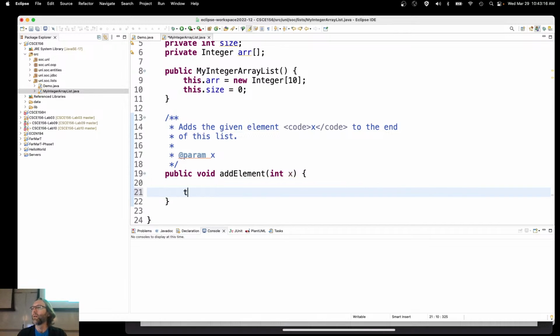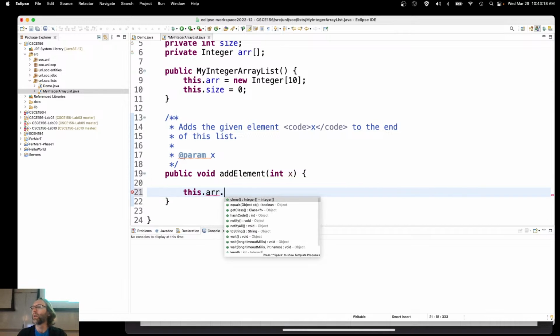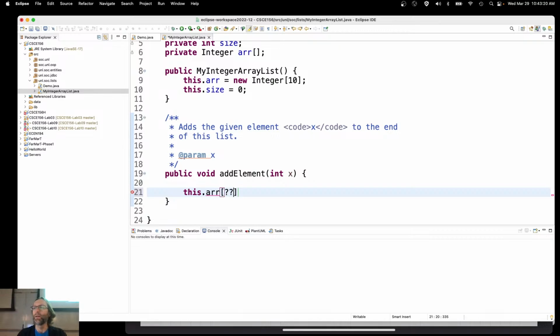this.array[something] is equal to x. What's that something? 0, 1. this.size. So if it's 0, it's going to be added to index 0. If there are 5 things in there, where are you going to add it? Right here at the end. 0, 1, 2, 3, 4, 5. All right? That's what